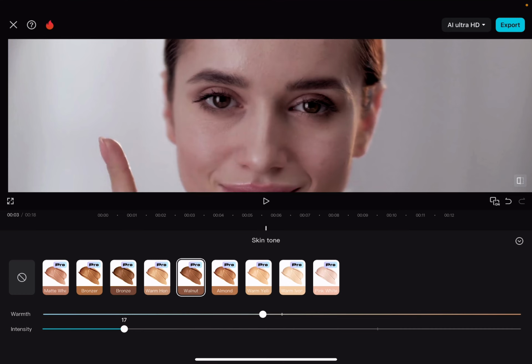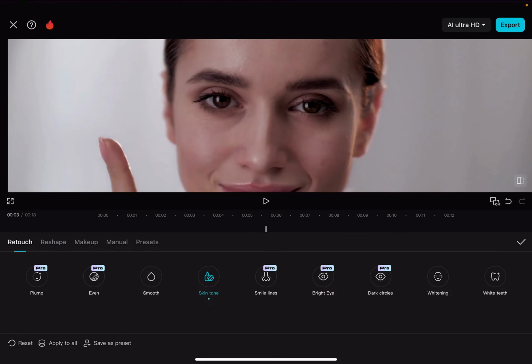And as you can see, it's pretty smart because it changes the skin tone on the other parts of the body, so you can see the change on the finger as well, so it matches the whole body with the new skin tone. And obviously you can continue by adjusting